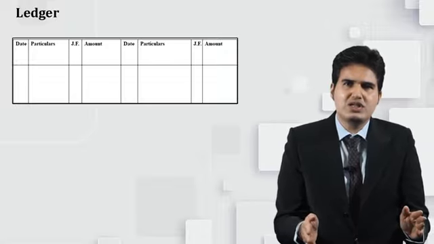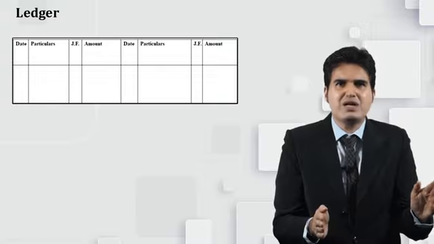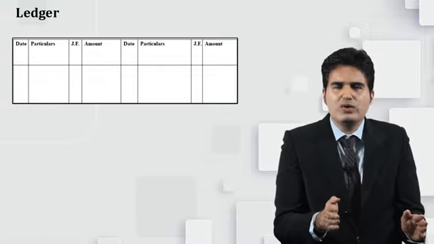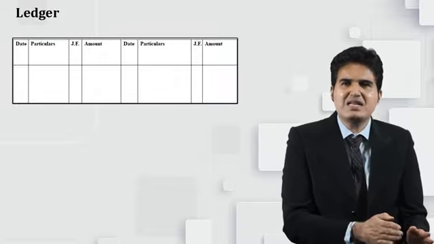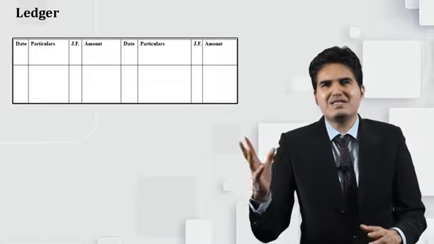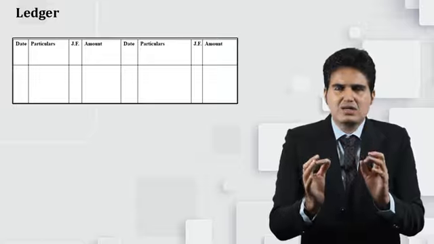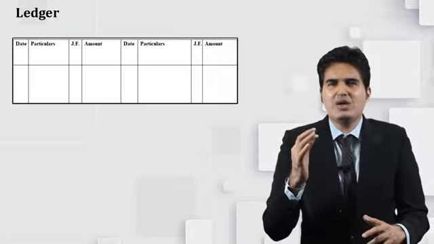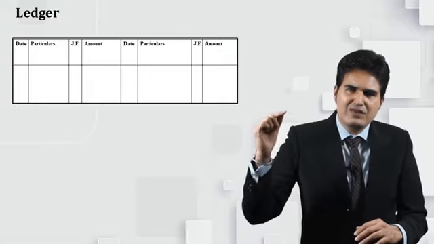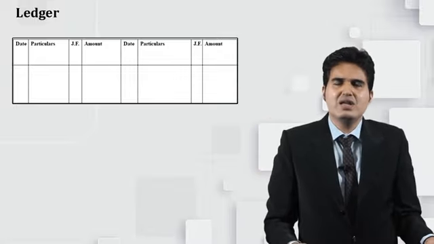Whenever we pass a journal entry and from the journal we transfer that particular entry to the ledger, what we do is we give the page number of the journal in the ledger book and the page number of the ledger in the journal book. Say for example, I am recording an entry on page number 10 of the journal and the account related to that particular entry is maintained in the ledger book on page number 16. So what I need to do is, I will be recording the page number 10 of the journal in the ledger,